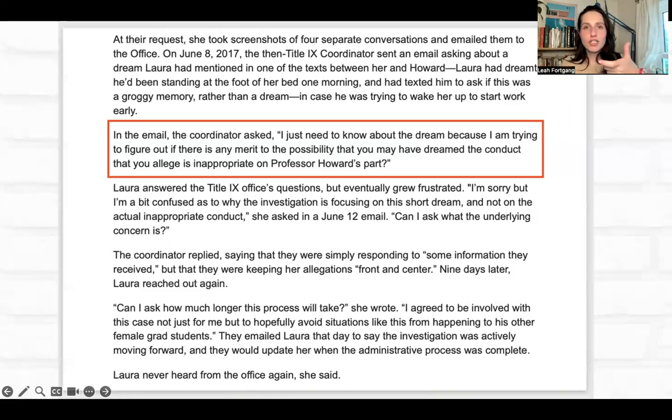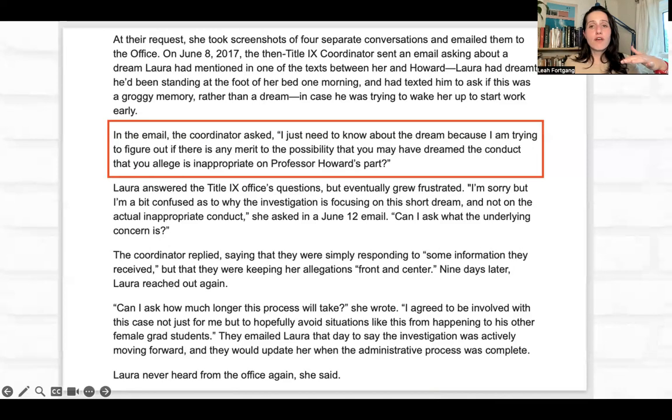That portion of the text exchange, she never brought up to Title IX. There was a long list of other really horrible things that he had done. But they went through and read the whole text history. So after handing them all of this evidence of really bad things that this professor was doing to her, one of the first questions that they ask her